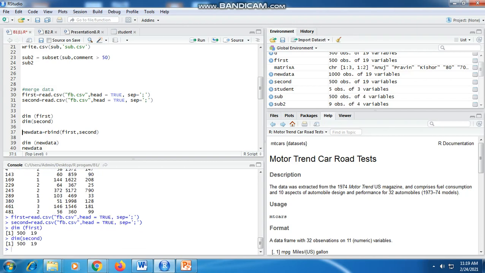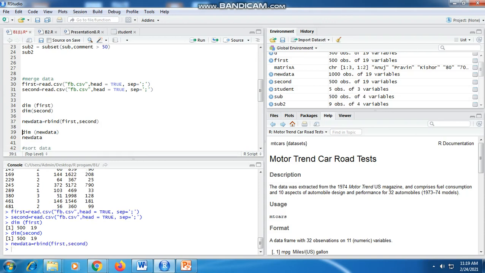The dimension of second is again 500 by 19. Now to merge the data we are using the rbind function. rbind first comma second, storing the result into newdata. That is, rbind is used to merge the data. Now we'll check the dimension of newdata.